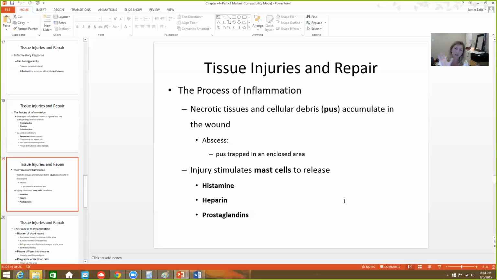So all that necrotic tissue hopefully is swept out. If it's not, then an abscess can form, and that can be pretty nasty to deal with. Generally, the injury should stimulate mast cells. These mast cells are producing histamine and heparin. Histamine and heparin are going to increase blood flow to the area through vasodilation, and the heparin is going to reduce the blood clotting, so it's allowing that blood to flow freely through that area to sweep out the dead